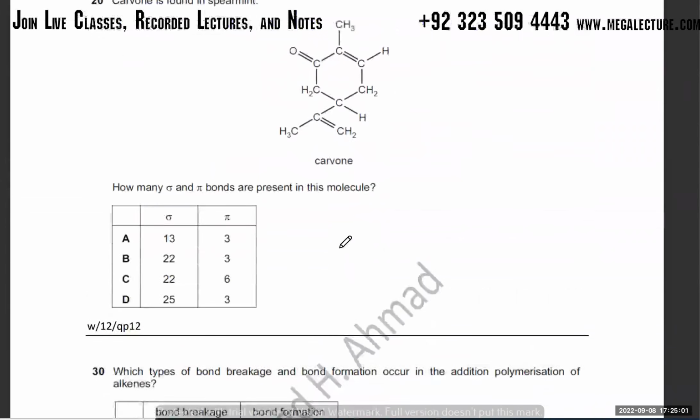अच्छा, ये वाला मॉलिक्यूल, how many sigma bonds and pi bonds do you have? तो पहले तो जो नजर आ रहे हैं वो काउंट करो. That's 1, 2, 3, 4, 5, 6, 7, 8, 9, 10, 11, 12, 13. So that's 13 sigma bonds, the ones that you can see. The ones that you cannot see, वो hydrogen वाले bonds जो है, they're all sigma bonds because they are single bonds. So 3 over here,